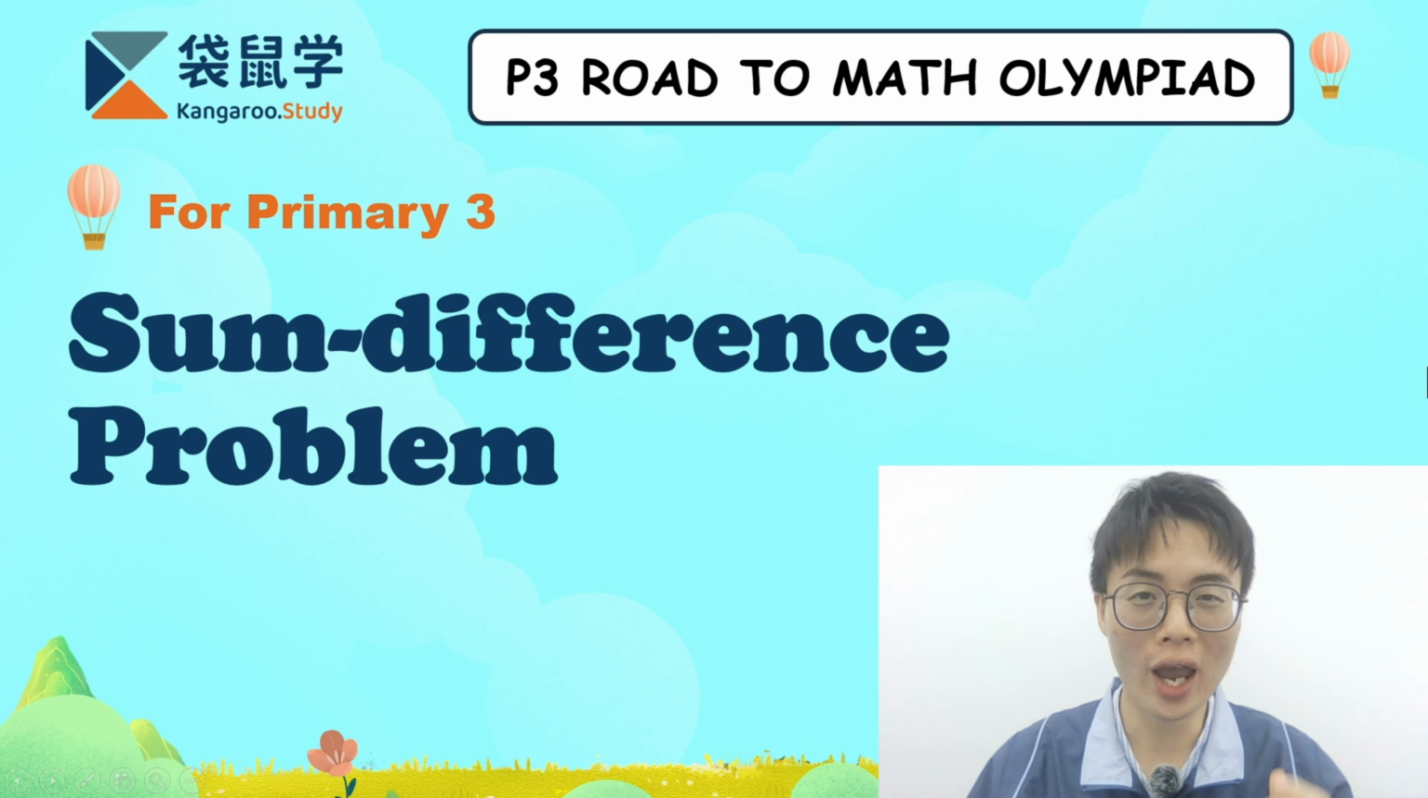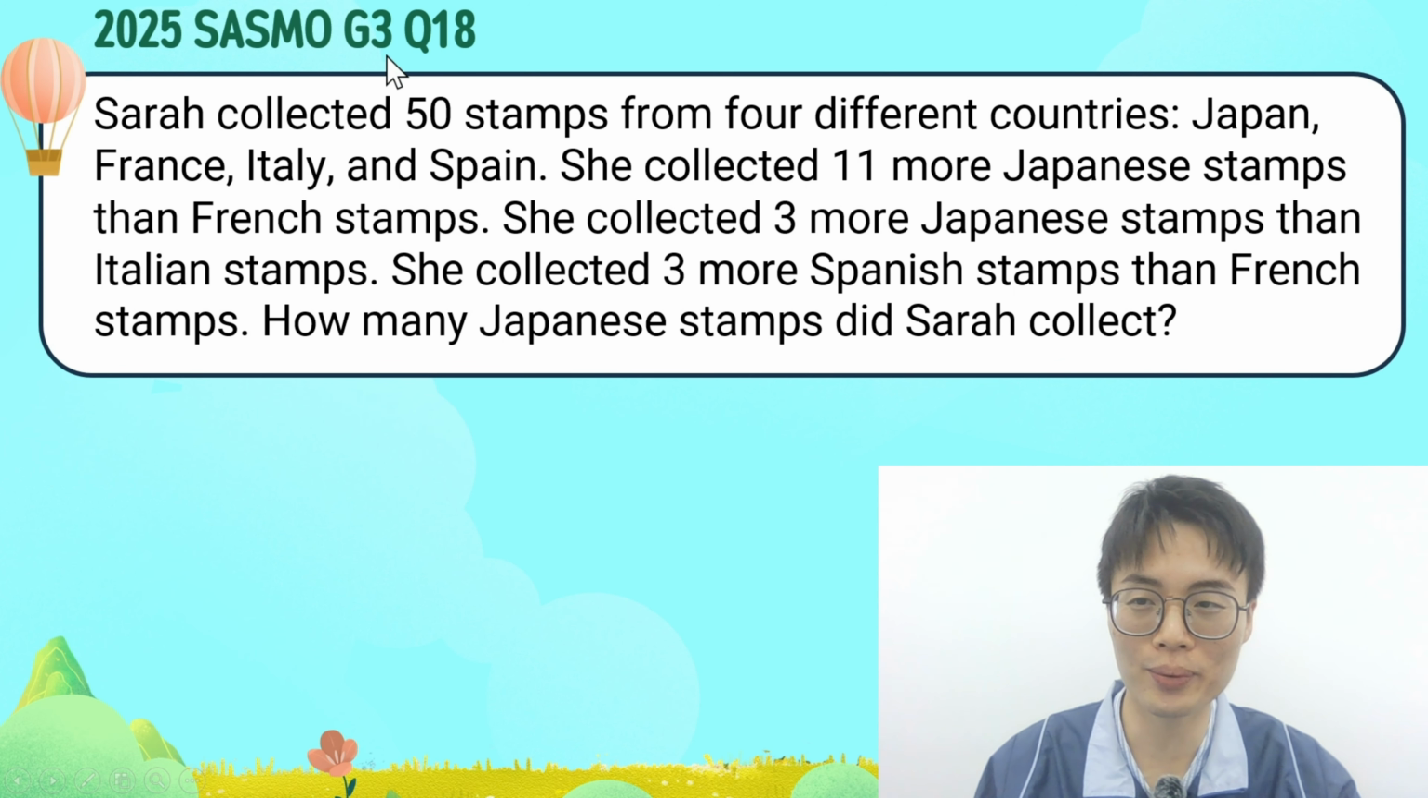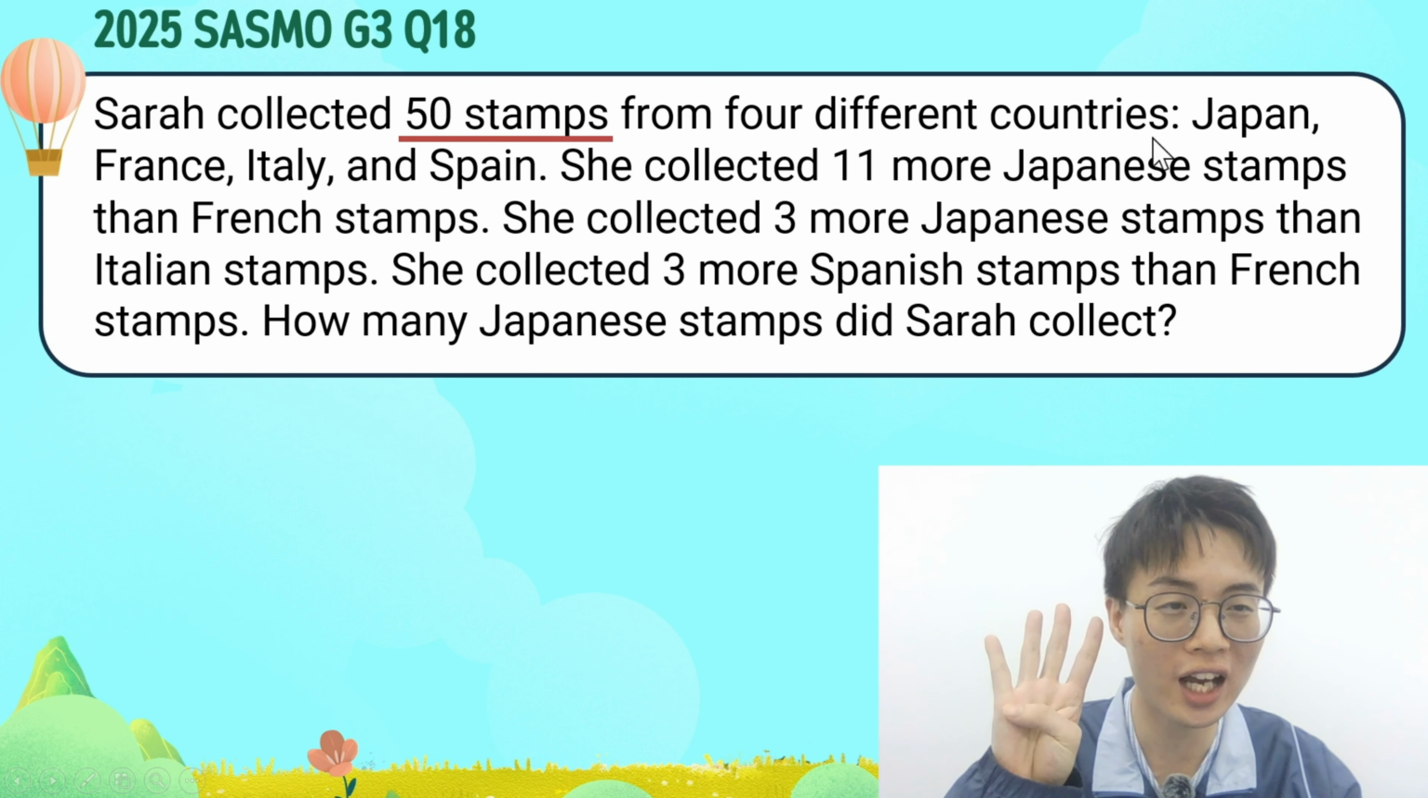Today in our channel, we are going to learn some difference problems. Now let's look at the question. This question comes from 2025 SASMO Grade 3 and it said Sarah collected 50 stamps from 4 different countries, Japan,